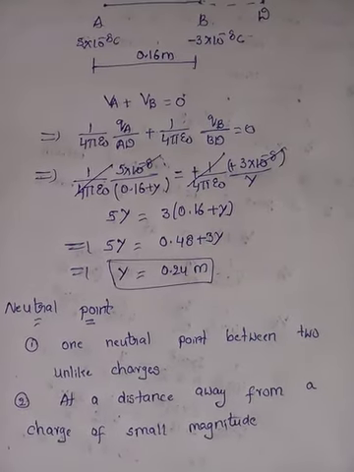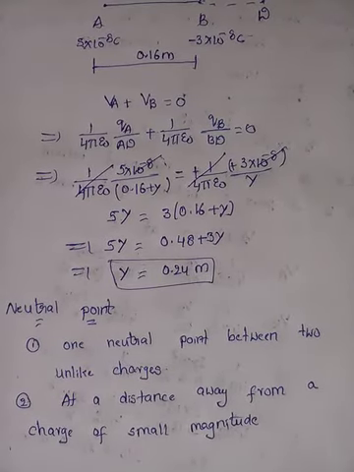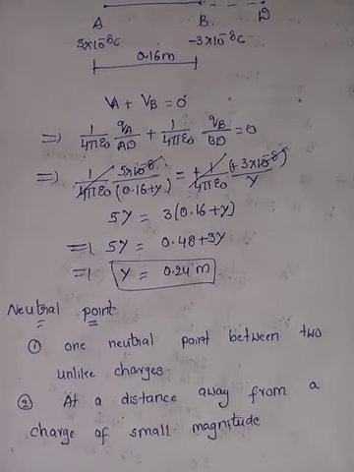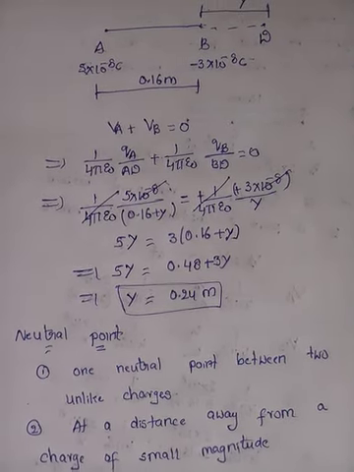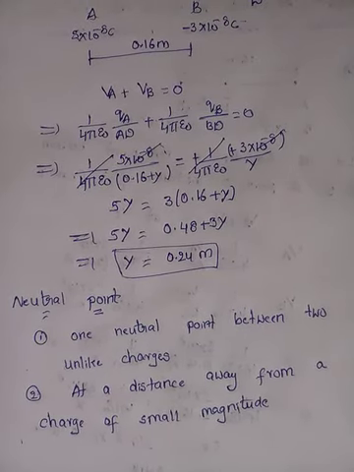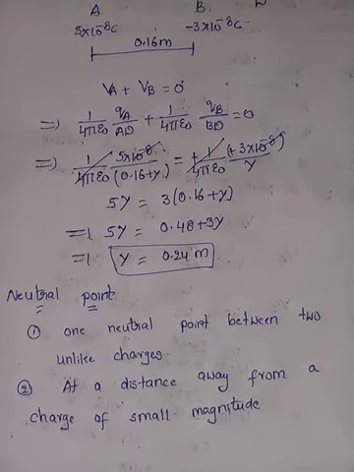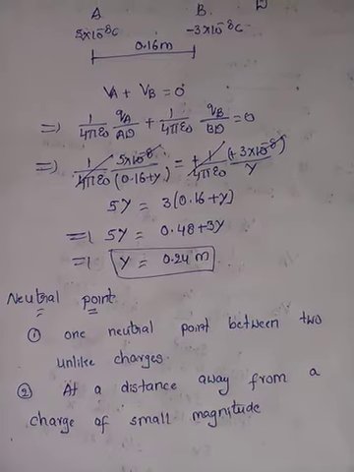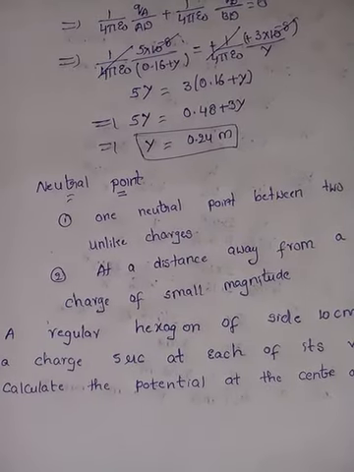Okay, so very important. Most of the times if you see 10 question papers, you will get minimum 5 to 6 times this type of question has come in previous examinations. So this question on neutral point is very important. Understood, right? So we get two neutral points, one between the two charges, one away from the charge of smaller magnitude. Don't confuse. Coming to the next question, students.